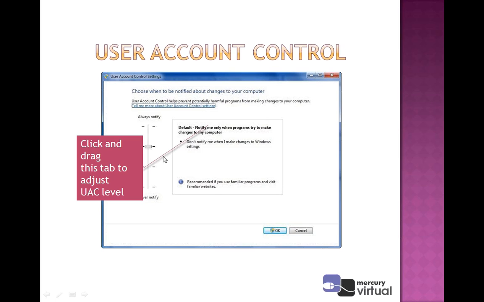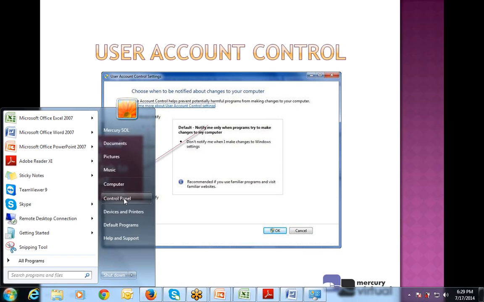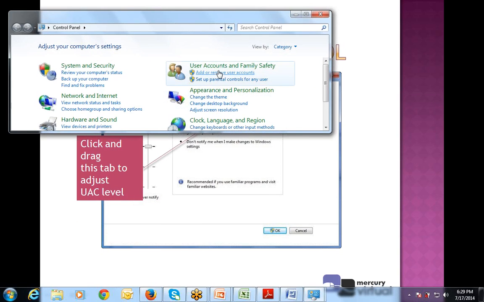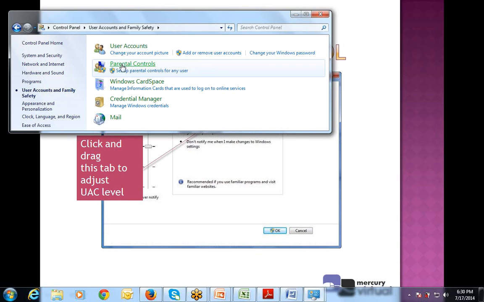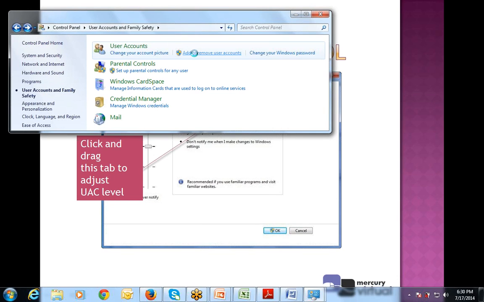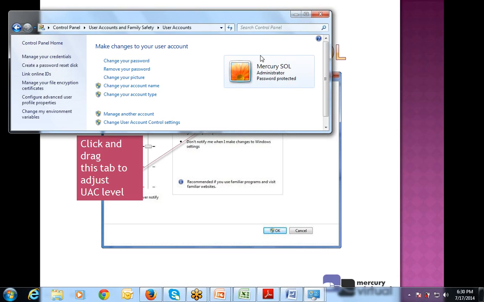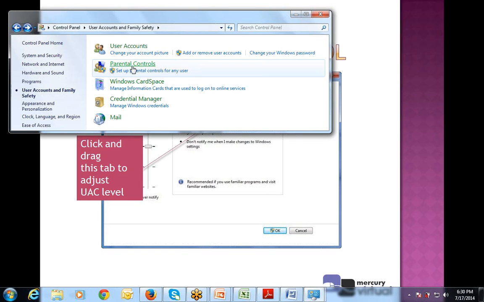All these settings you can get to in the control panel. Just click on this one, go to the control panel, click on the user account, this one. Change your account, any information. If you want to change, you can change from here. If you want to add or remove any software, you can do it from here. If you want to change your Windows password, you can do it from here.